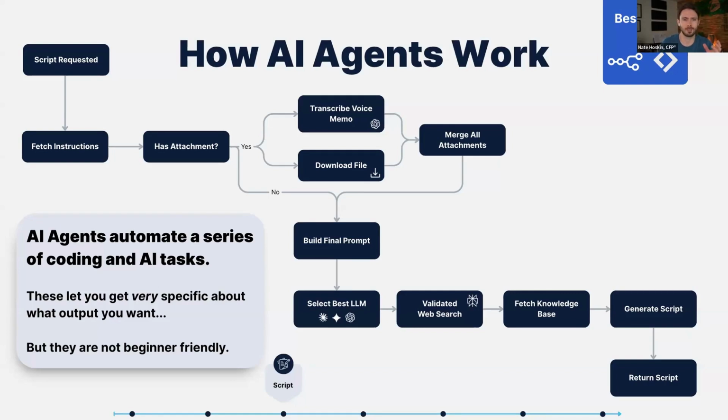And then referencing the knowledge base. So this is kind of how I would walk through it, and you can do this in a project. Where you have the instructions, you have the knowledge base, you make sure it takes your attachment, you pick the best LLM model to actually get it. That's how you will get a really high quality script. You can do this manually, but that's where agents are really setting themselves apart, is only having to set it up once and then you just script requested, script received.